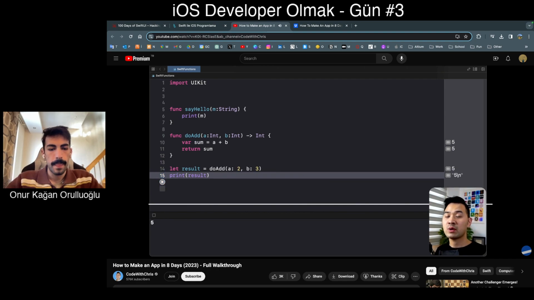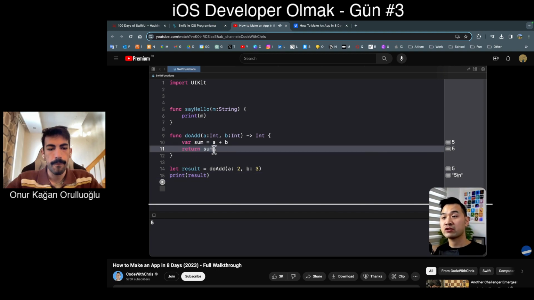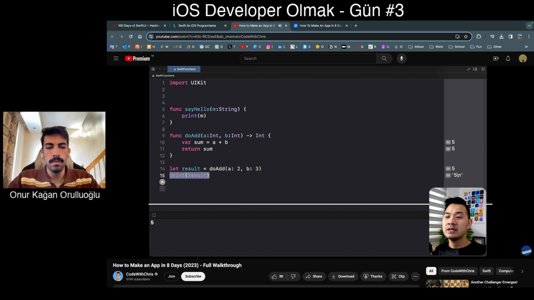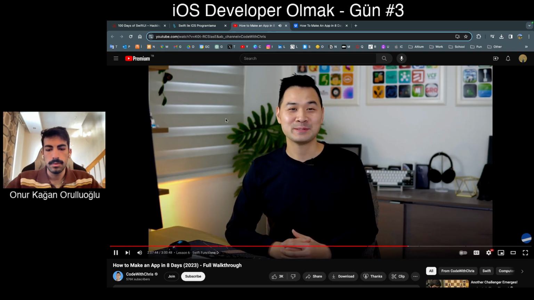Now I did this so I can illustrate to you how it's different printing it inside the function versus returning it out of the function and then capturing a reference to it with a constant or a variable and then working with it. Now, you might say that's redundant. I could have printed it inside the function, and that's true. But this is a really small scenario, right? This is important because sometimes you may need the output to further work with it, maybe you might want to pass that result into a second function. You might want to work with it in some way, not just simply print it out, right? With the ability to take input and to produce output, functions